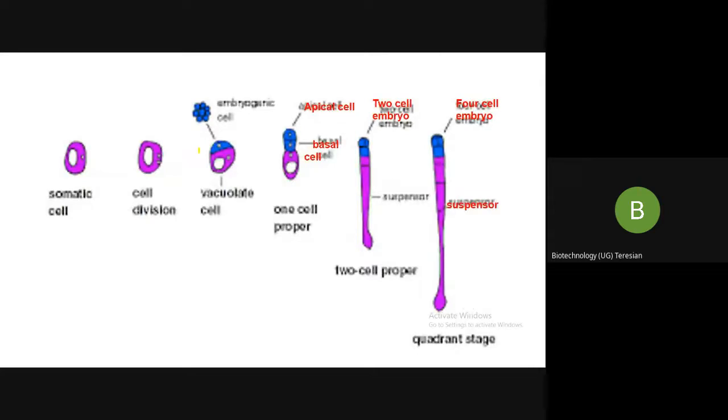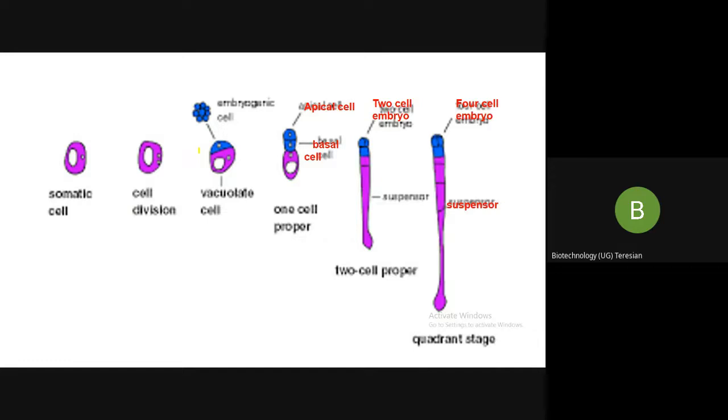So here you can see the picture of your somatic cells. Why have we chosen somatic cells? Because the entire aim or scope of our experiment, what we are going to study, is the somatic cells. I am taking the somatic cells and, either by direct or indirect method, I am going to develop them into somatic embryos. So students,